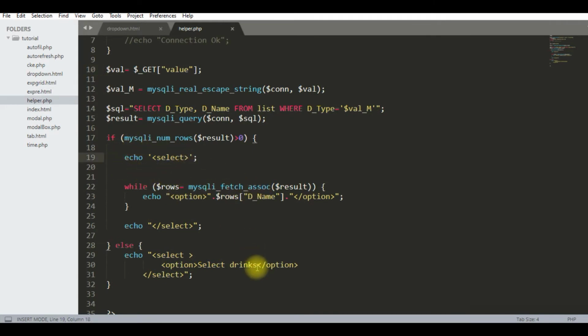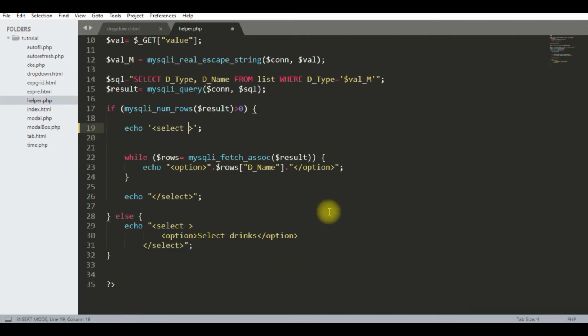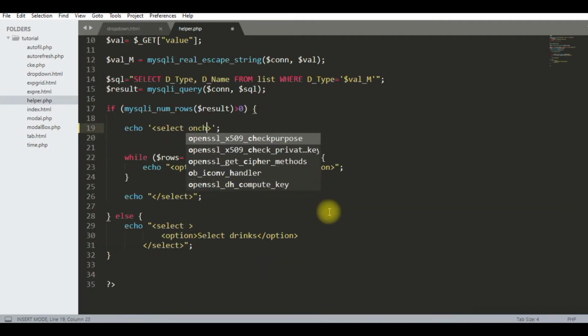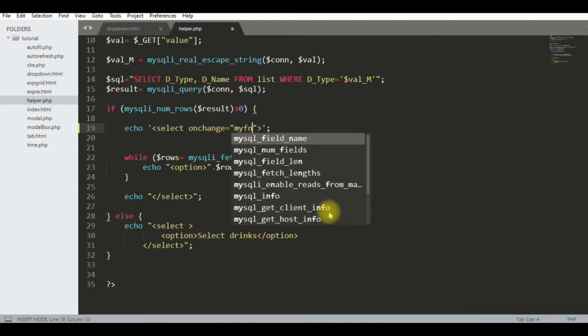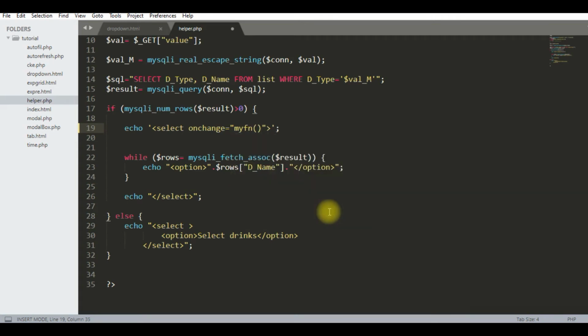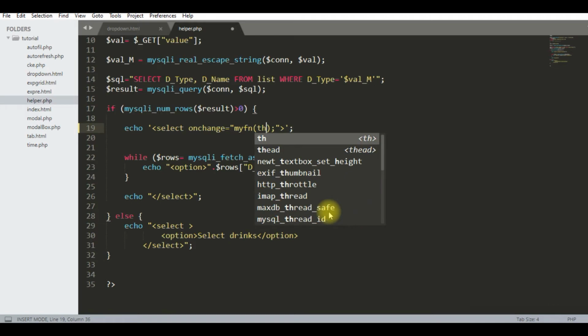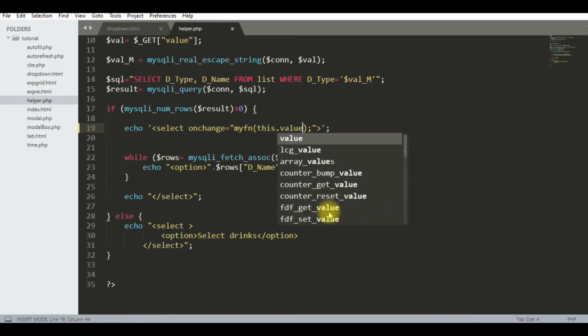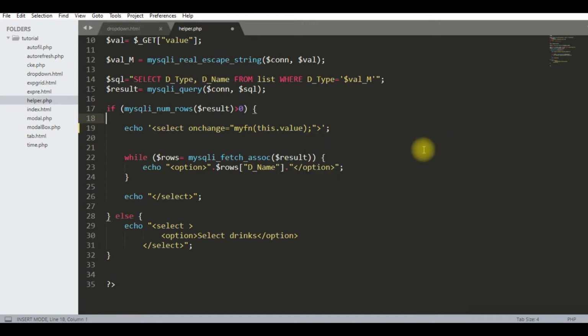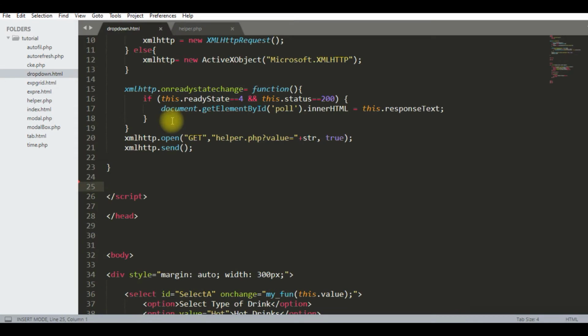So in this select, I will put the JavaScript event function on change. Now this function I will define in the HTML file inside the script tag.